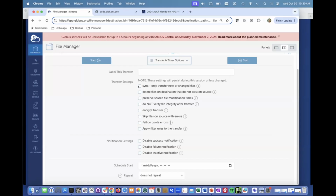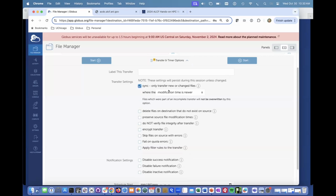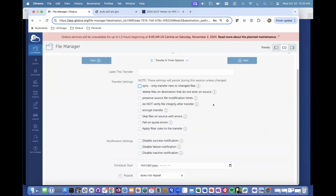You can sync, so if you're transferring entire directories of information, you can sync and transfer things only where the modification time is newer, or file size is different. You can select different things here. This is for those replication, those backup tasks, right? And that's specifically applicable to these timed transfers, because that's what these timed transfers are used for a lot, backup replication. Things like you can delete files on the destination that don't exist on the source. Again, the replication services,